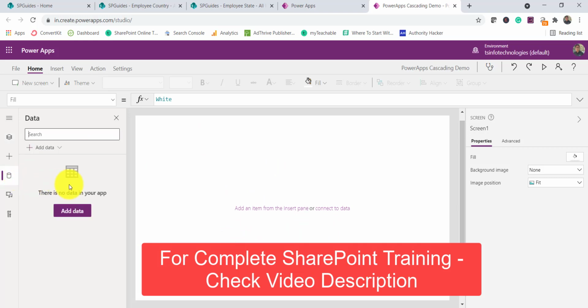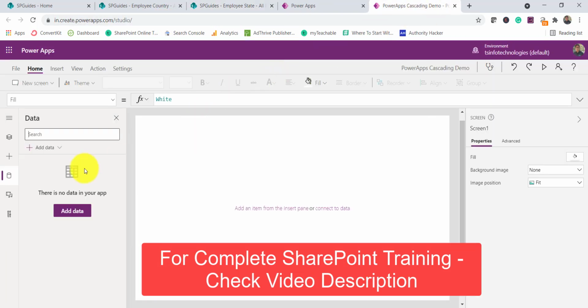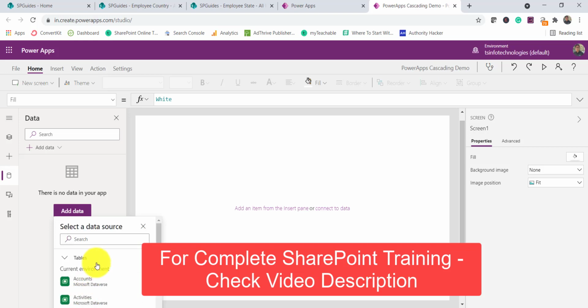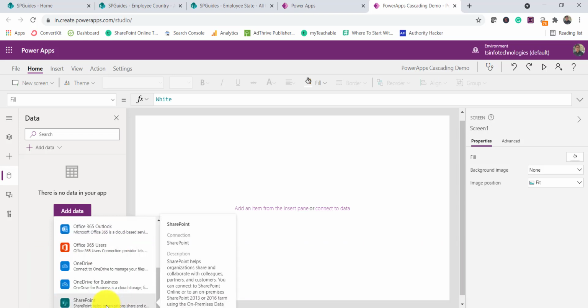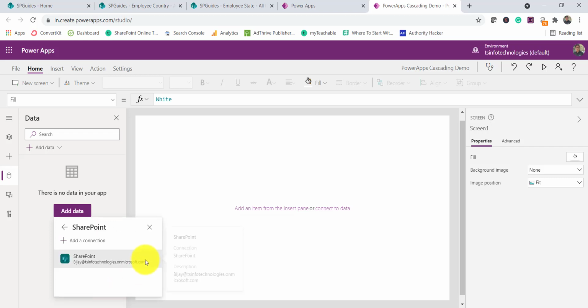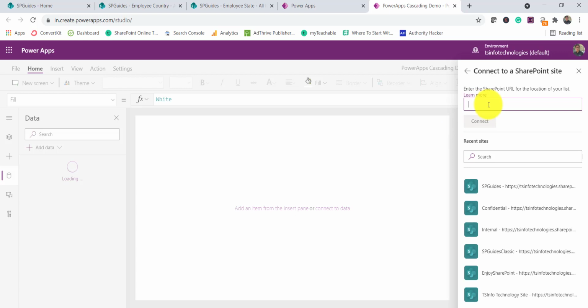connection for that. So you can see here our data is in this SP guide site. I'll click on add data, and then you can go to connector, and then here you can select SharePoint. You can see here the last one, it is SharePoint. Click over there, and you can see here this is the connection. It will ask you to provide the URL, or even it will show you the URL.